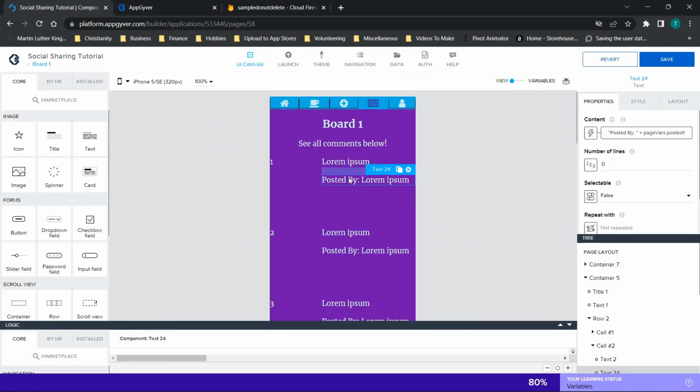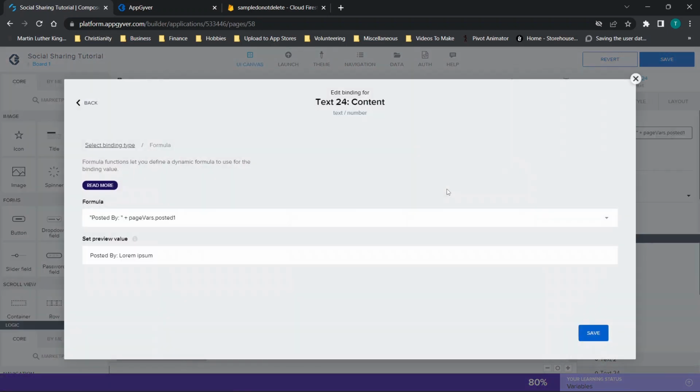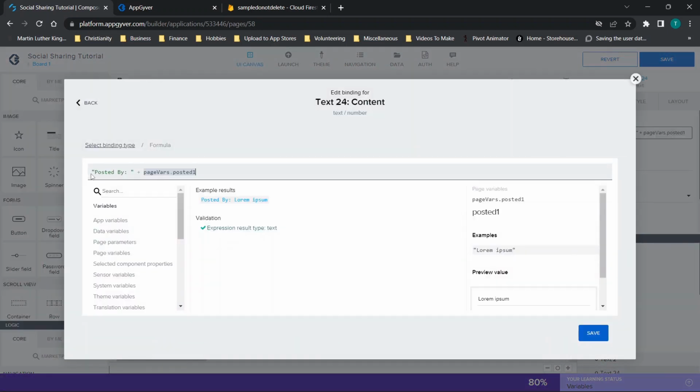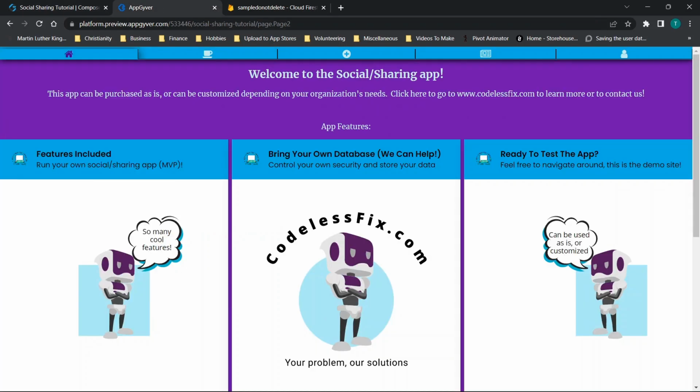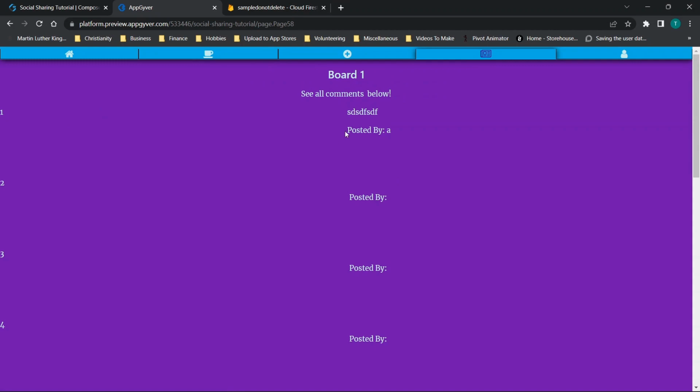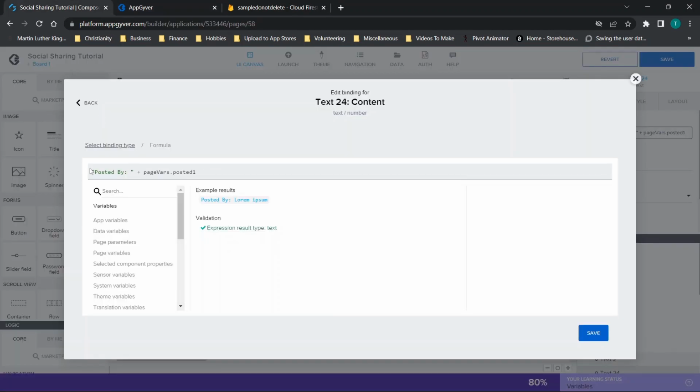And then you can copy this text. So if you click on formula, you're going to paste in the text in quotes, posted by, semicolon, space, and that way, when we go to the board, you'll see it'll say posted by, and then the username. So in this case, have the text posted by, semicolon, space, and then quotes, and then you're going to put space plus space, and then you're going to type